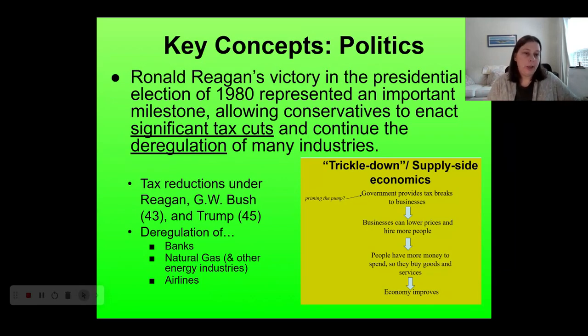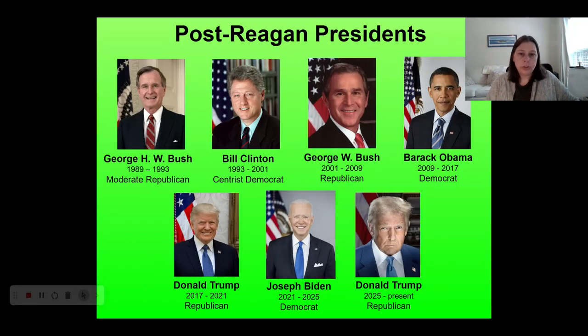And so we're going to see deregulation of some industries, including banking and savings and loan. Natural gas, or energy industries in general, are going to get deregulated, especially under Reagan and also under George W. Bush. The airline industry was deregulated to encourage the creation of new competitive budget airlines. Those types of things are the economic policy stuff from the neoconservative wave that will dominate the Republican Party from the 1980s through the 90s into the 2000s.